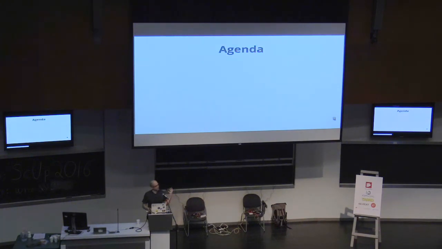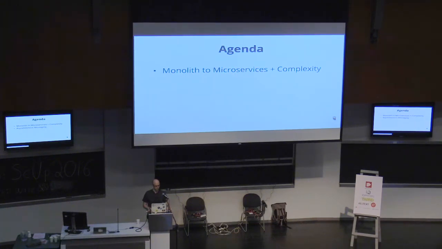So I've got 4 things I'm going to talk about today. First, I'm going to give a brief talk about migrating from a massive monolith to microservices and some of the sources of complexity and failure that can be introduced when you're going through the process. Then I want to talk about asynchronous messaging, in specific publish-subscribe messaging, and how it can help reduce some of these problems.